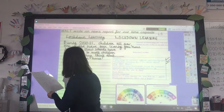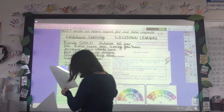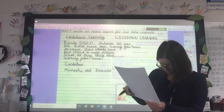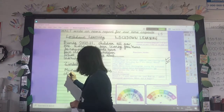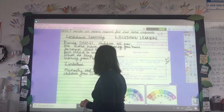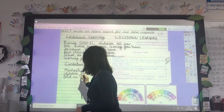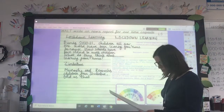So I've got their names here. I'm going to have a look here to get the spelling right. So Munasha and, well, do you know what? I can't read my own writing because I was taking notes really quickly. So if this is wrong, I apologise. Munasha and Reverasha, and then I'm going to use some parentheses, some commas to say who they are. Children from Zimbabwe. Zimbabwe is in southern Africa. Children in Zimbabwe told us that, so I'm saying told us, you could have told me, I'm pretending I think that I work for a newspaper or a news organisation, told us that